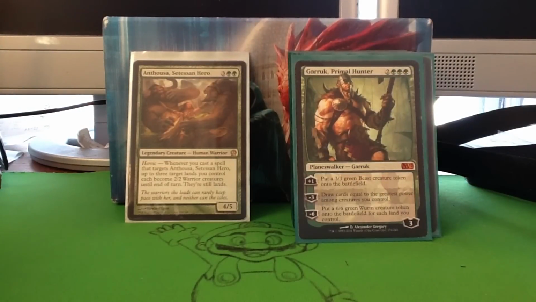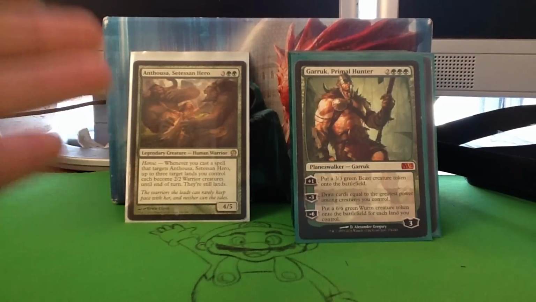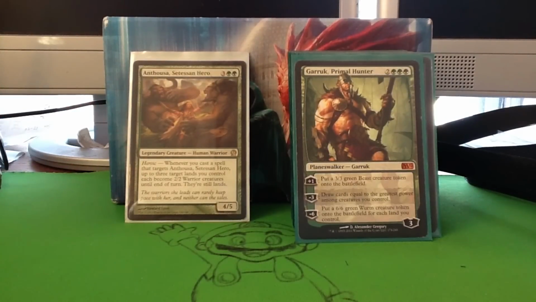Garruk Primal Hunter, he's great. He can provide blockers, attackers. He can win the game with ultimates by putting giant worms on the battlefield, because we have a lot of ramp, so we can have a lot of those. The -3 is really what I'm looking for, because, without any boosts, you can draw 4 cards when you